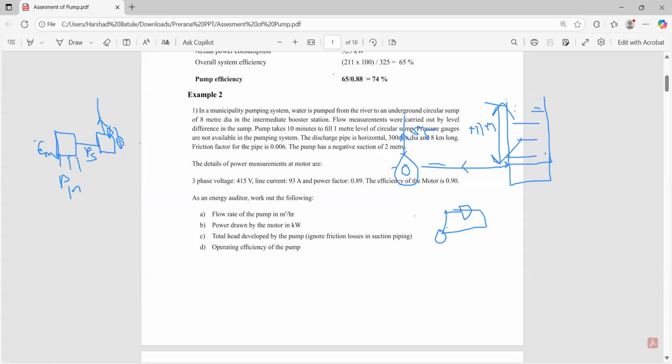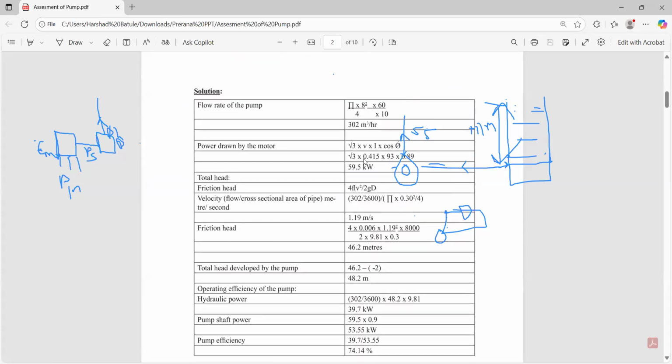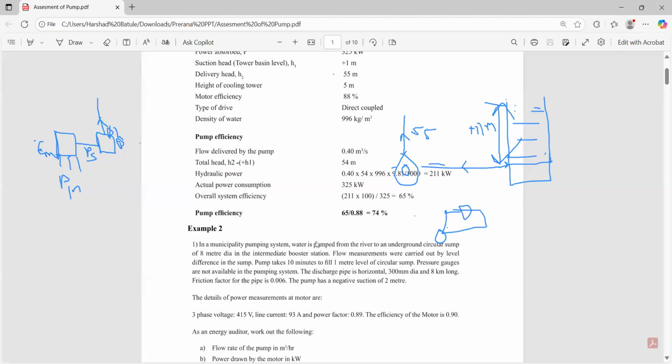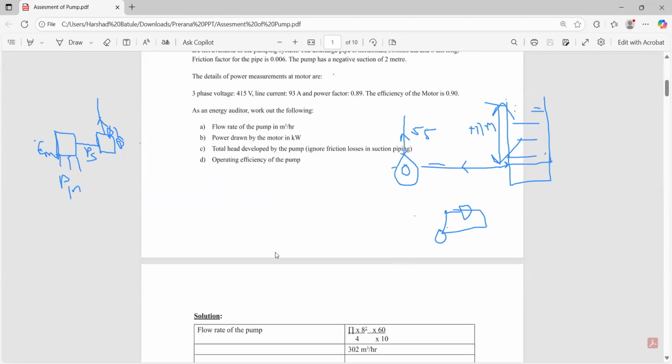Got it, sir. Okay. So if you want to calculate the flow rate, they have given the calculation of flow rate, means your water is rising 1 meter in 10 minutes, means in 60 minutes it will rise around